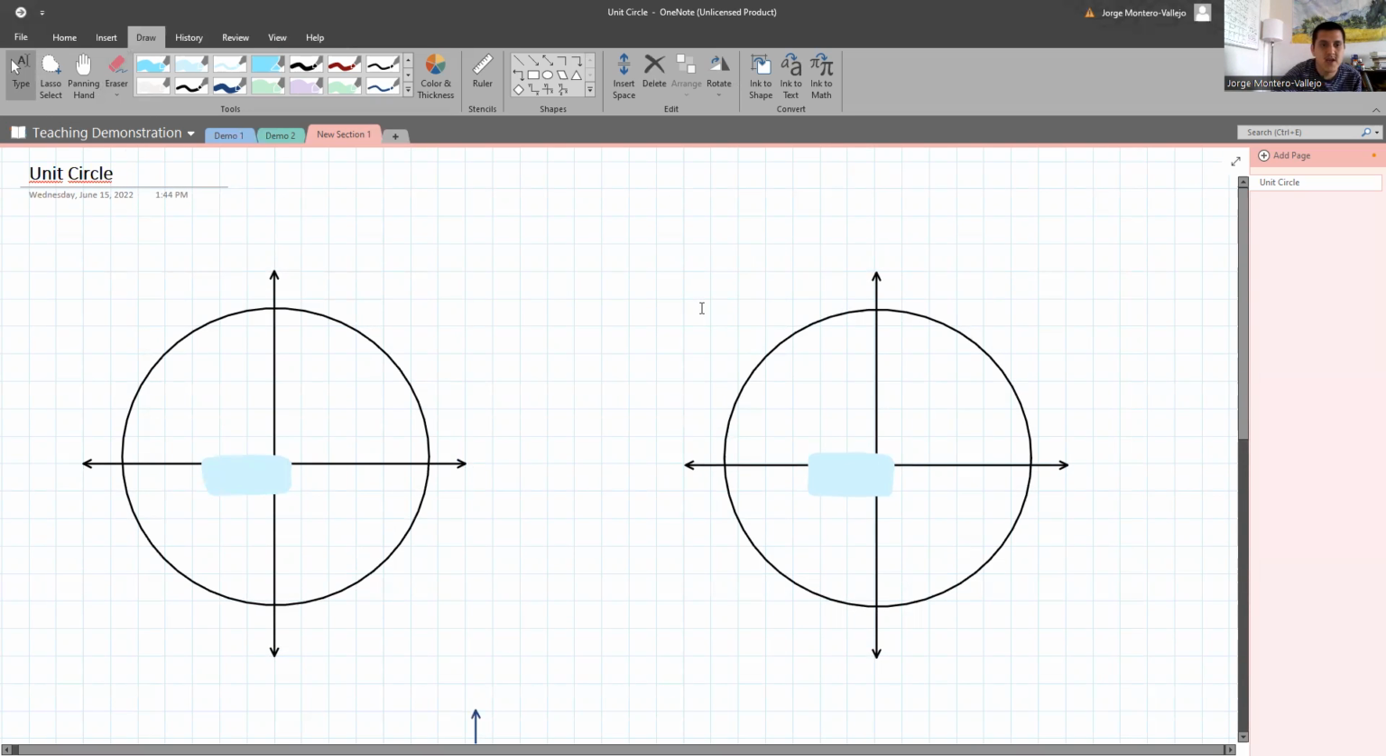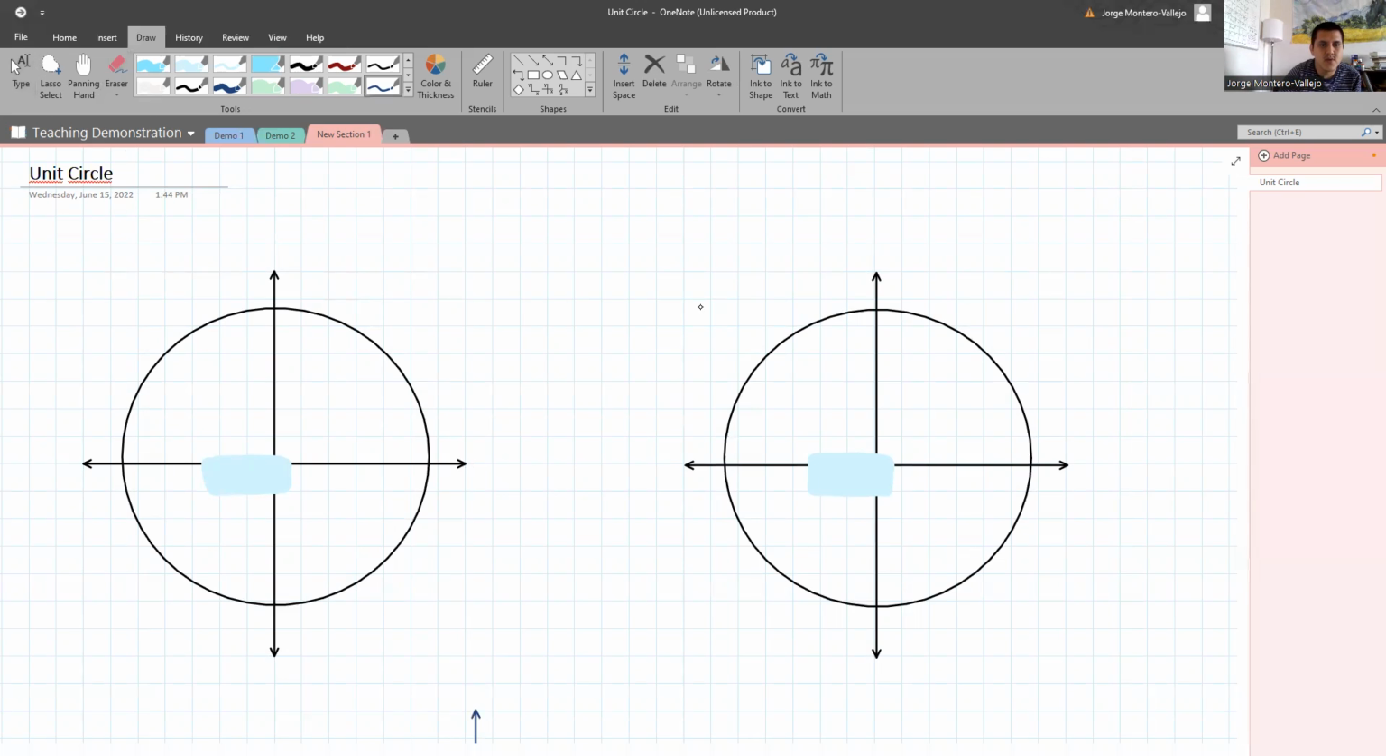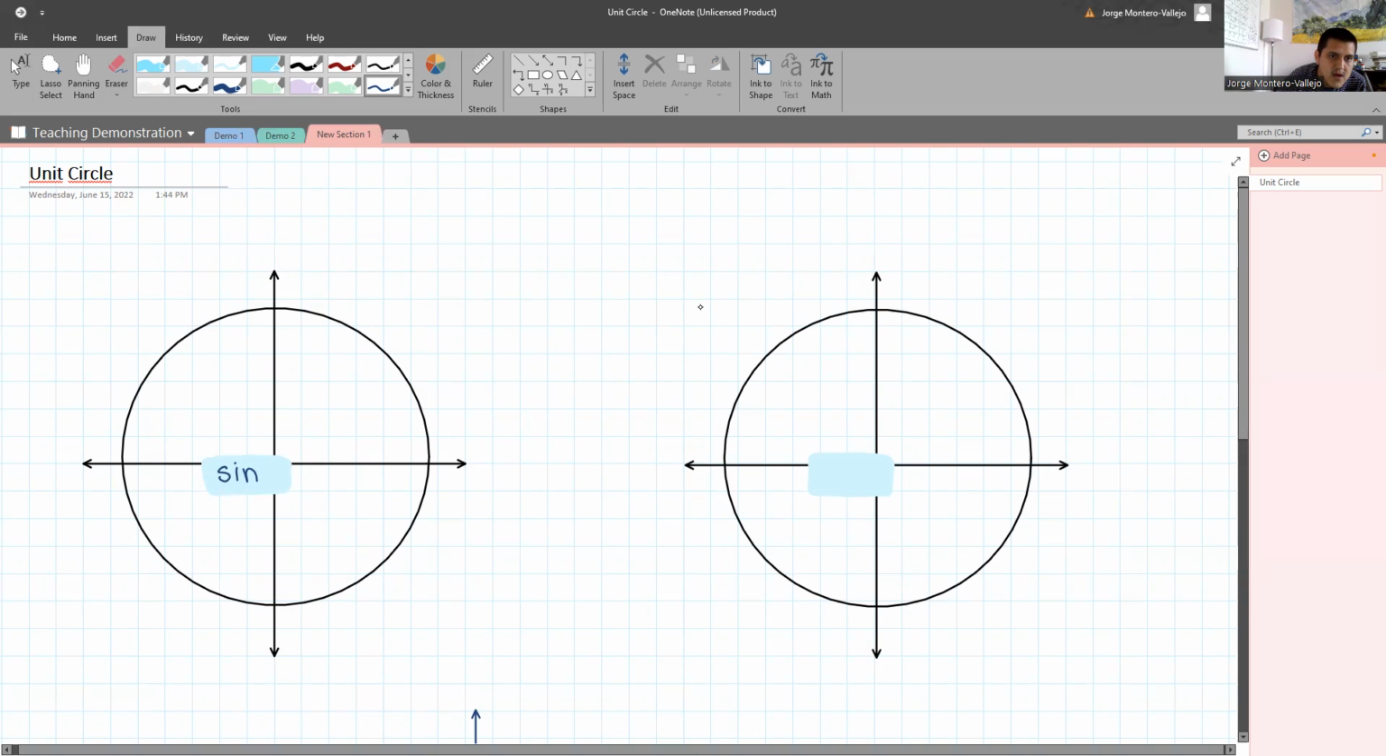geometry trick for sine, cosine, and tangent. Okay, so we're going to use this first circle for sine. I'm going to write here sine of